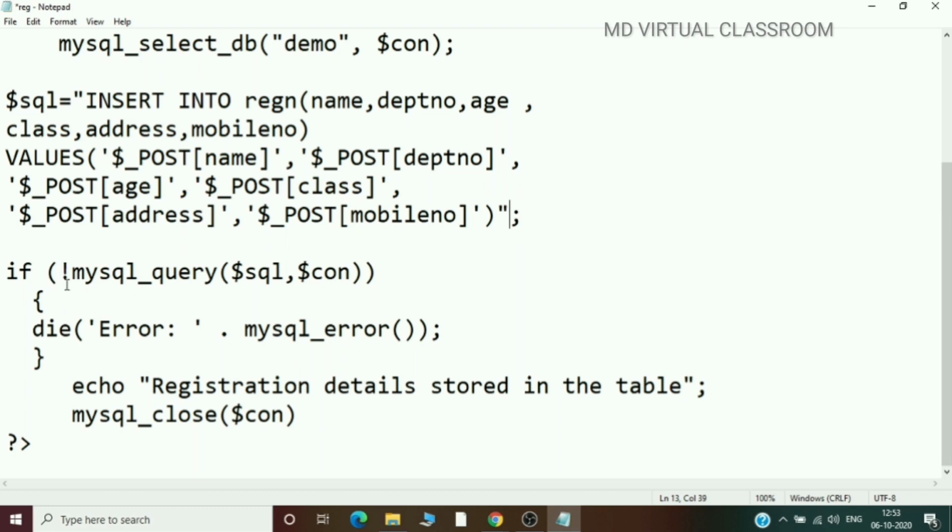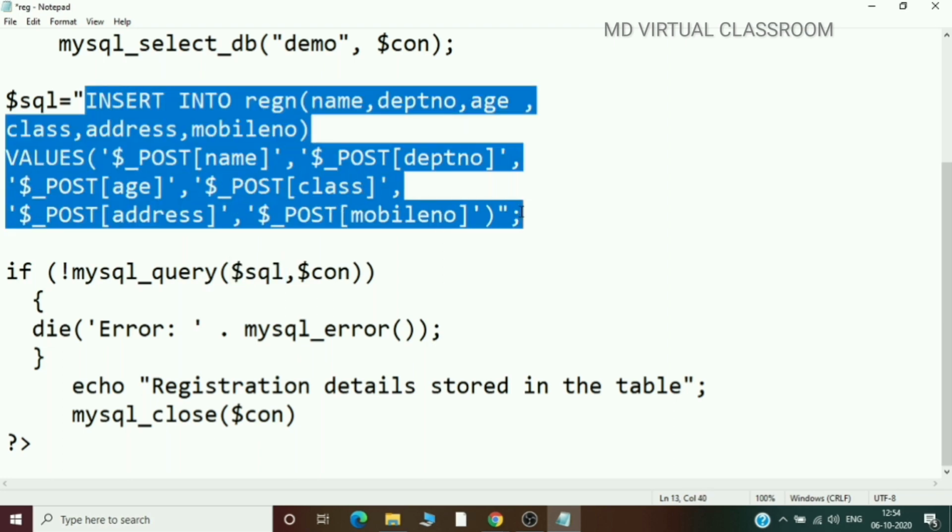If not mysql_query of $sql comma $connection. If the query is not able to execute, mysql_query is the function which is used to execute the query given inside $sql. So $sql means this whole SQL query.